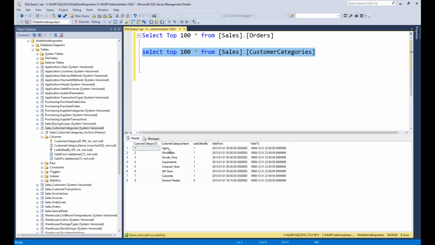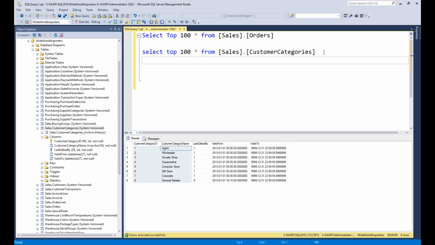Okay, it's agent, wholesaler, supermarket, computer store. It's a customer category. What kind of corporate customers? General retailers. So these are the different categories we have. That's okay, but it is not giving me any information related to the customer ID. I want to join the orders to retrieve the customer information.